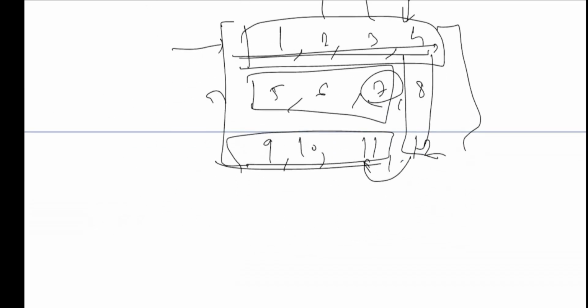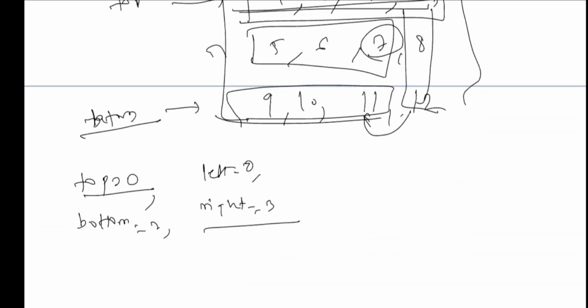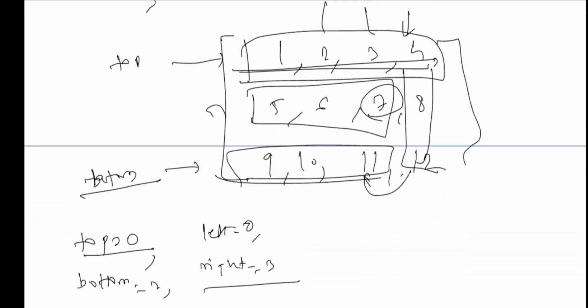Okay, so what I will declare, my top would be 0, my bottom would be, top is here and bottom is here, bottom is n minus 1, so bottom is 2, left is 0, right is 4 minus 1, right is 3. Okay, so what I'm doing, I'm in the first row, my top is here, so I will just try to